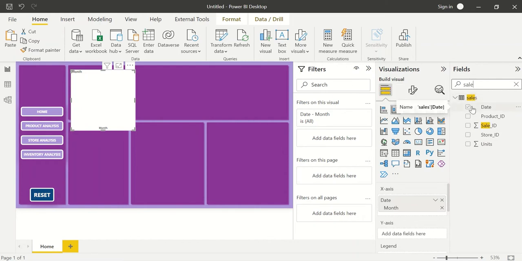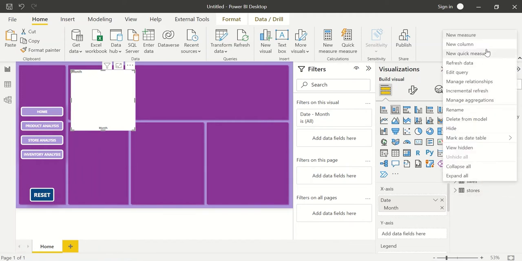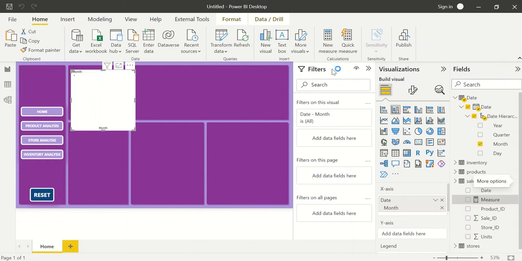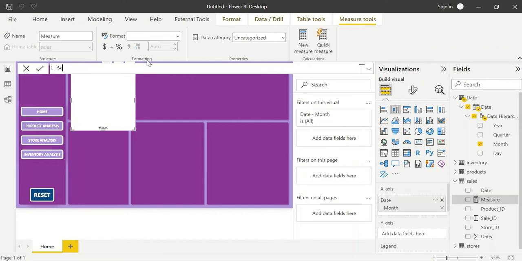But the problem right now is, I don't have sales per se. Right now I am having sales unit, sales that is done in unit. What I have to do is multiply unit with the price. So let's create, one second, create a new measure in sales table itself. All right, the name would be sales in value. It can be equal to sales